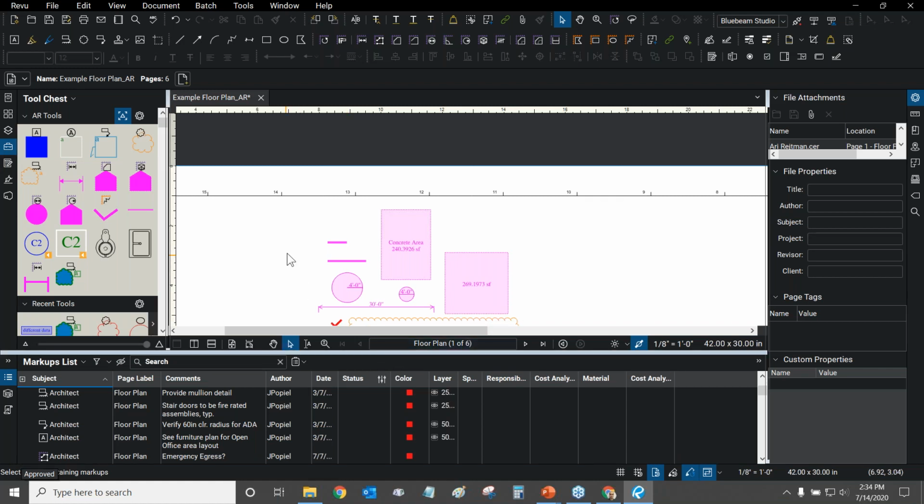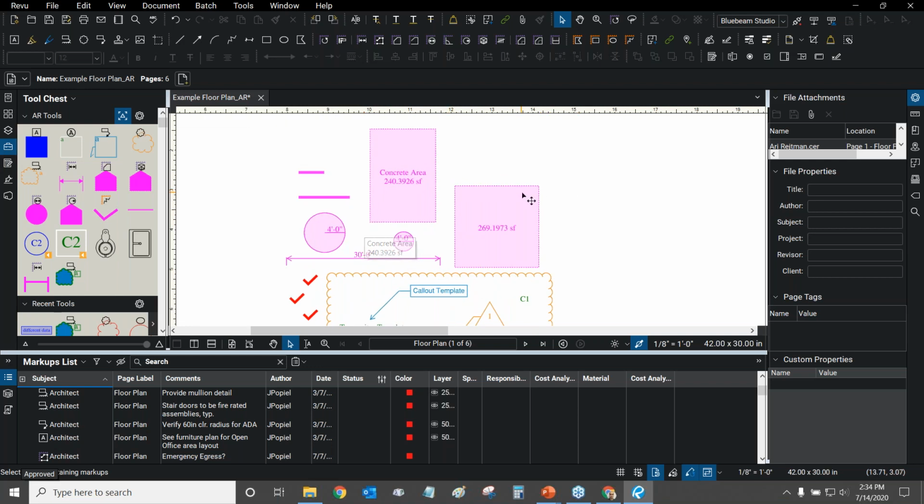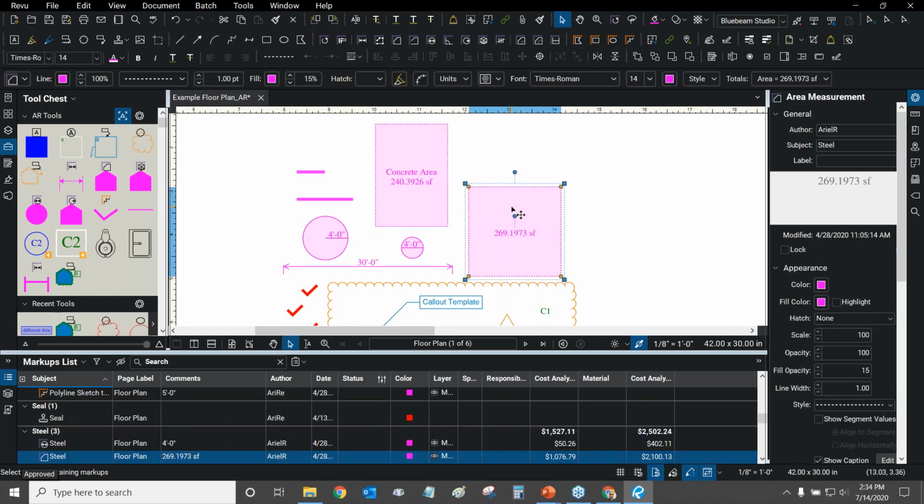So the markups list automatically will take a markup that you create and place it on the list. And let's say that you're trying to locate a markup either on the list or on your drawing. If you know where it is in one place, then you can find it on the other. So if I select this markup on the list, it automatically highlights it in the list and navigates to it. I'm now in the middle of my list instead of at the top. And now I can navigate to it.